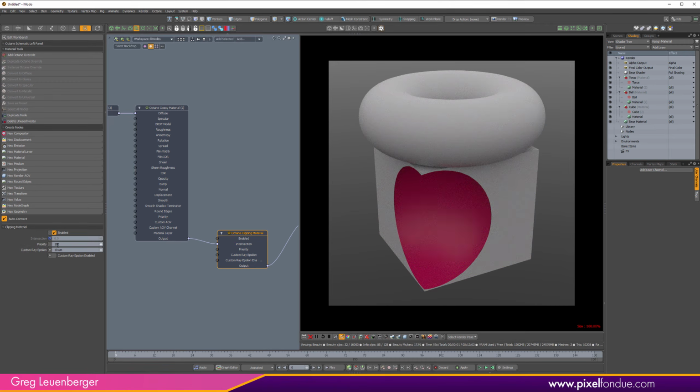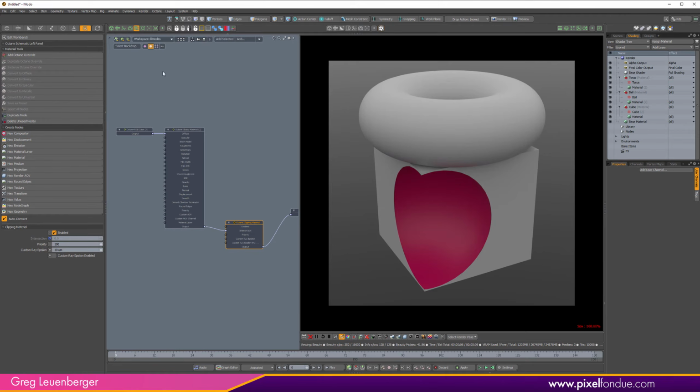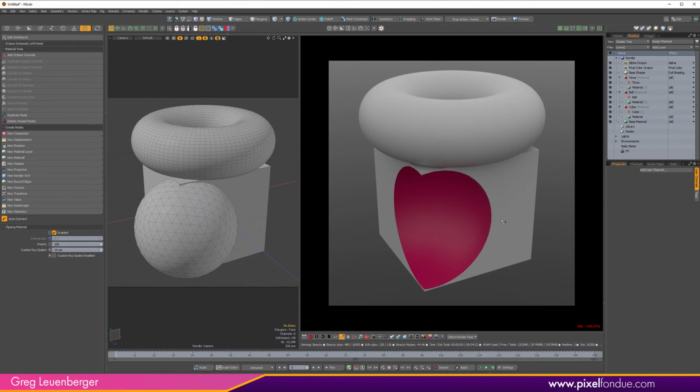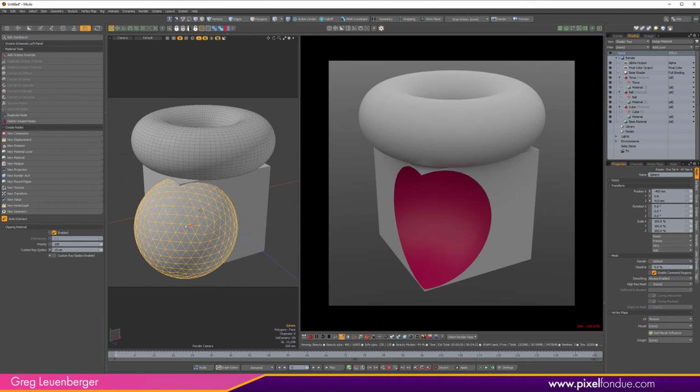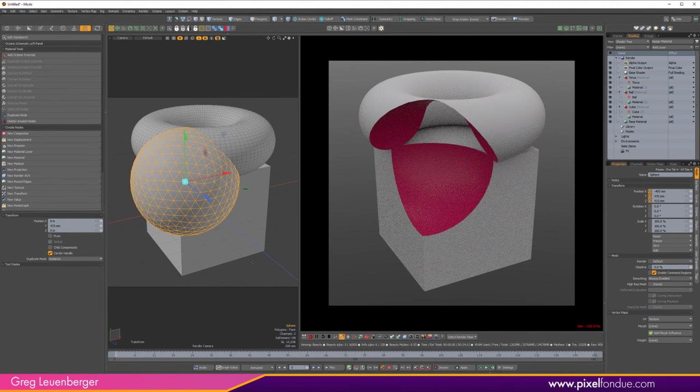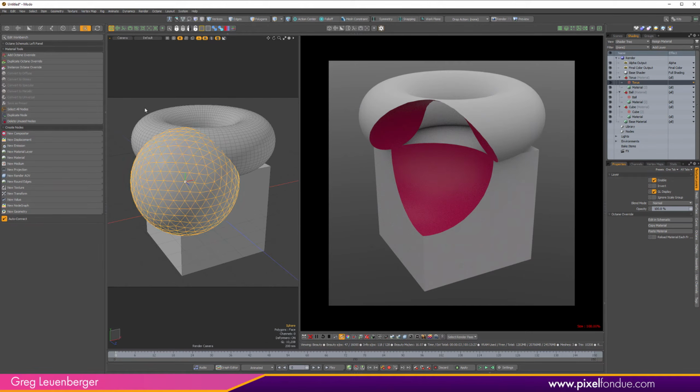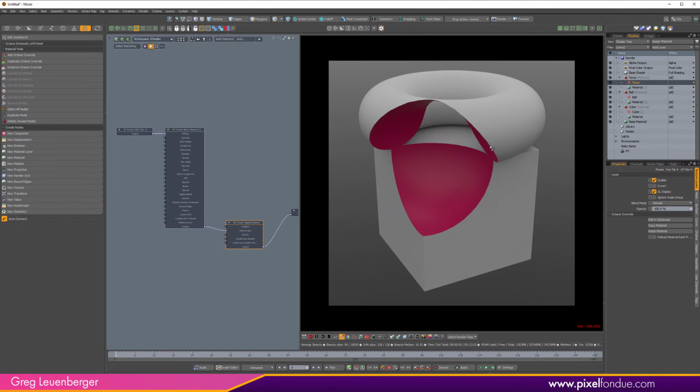The other one here is priority. So let's say I set my priority, well, just keep it at 100 because that's the default. And let's say I want my sphere to intersect with my cube, but not my torus. So I move this right up here. It's now intersecting with both of them. But if I go to my torus material and look at that, whoops, sorry, the torus material, there is a